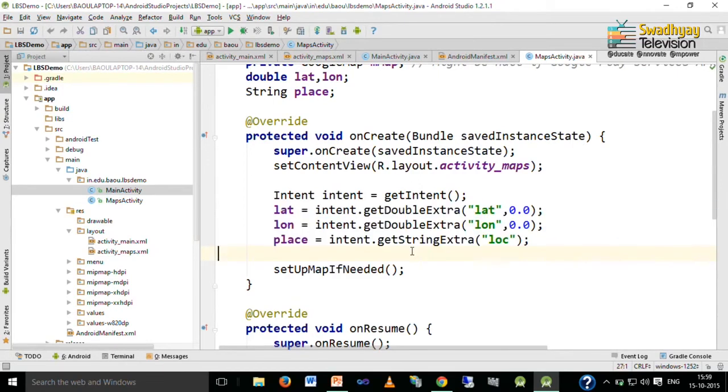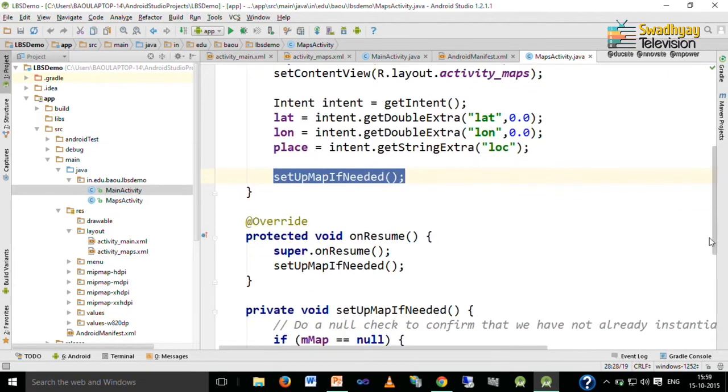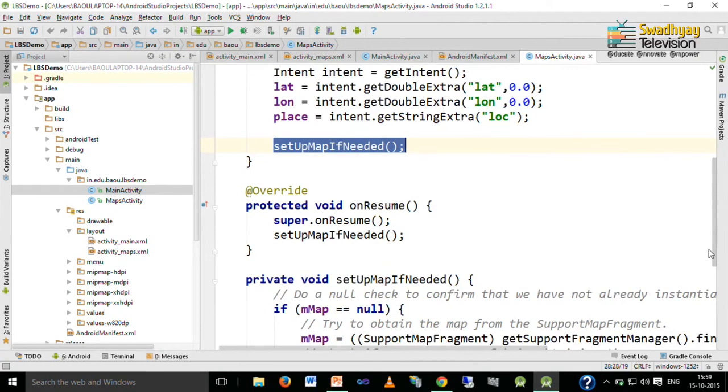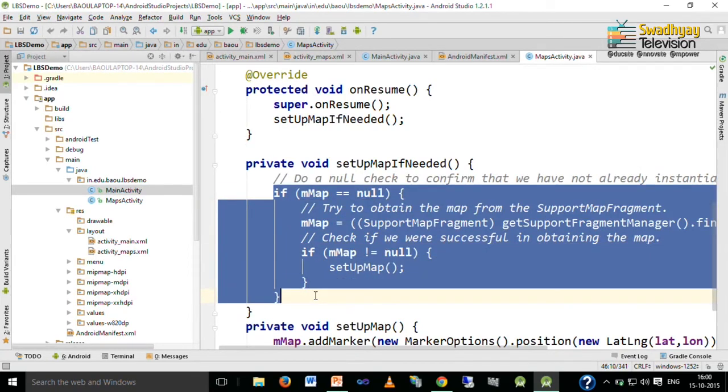So, this is how we can retrieve the latitude, longitude and place sent by MainActivity. Now, this method is automatically written for you when you create MapsActivity. This method, setUpMapIfNeeded, is automatically written for you, and in it we write that if map is equal to null, then we have to create the map.